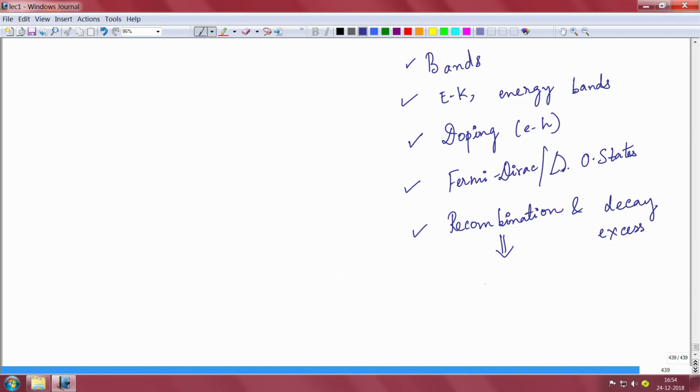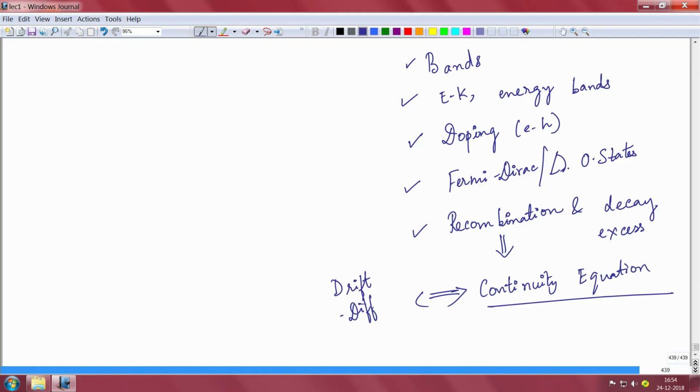And along with that, we had studied the continuity equation, which gives you sort of the transport equation for carriers in conjunction with things like drift and diffusion. We studied these carrier transport equations of drift and diffusion, which of course depend on things like mobility, carrier velocity, diffusion coefficient, and so on, right. We had discussed that, and from there of course we have the Einstein relation also.